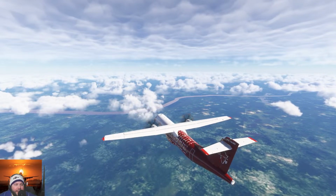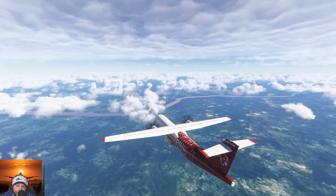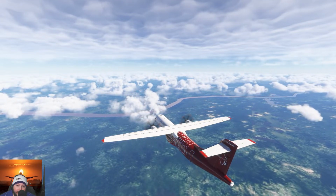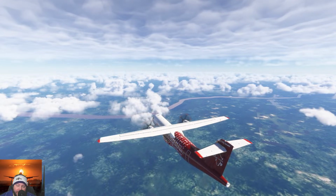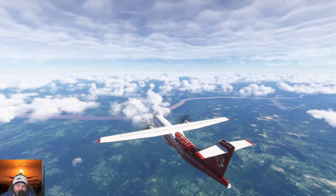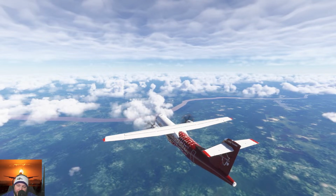We definitely have to fly the F-28 because there was an update that came out on that airplane that I missed about a month ago. I hear the DC-9 is good again. I might have to buy that again and check that out. The DC-9 that I bought and returned like 2 days later, I heard that it's really good now, so